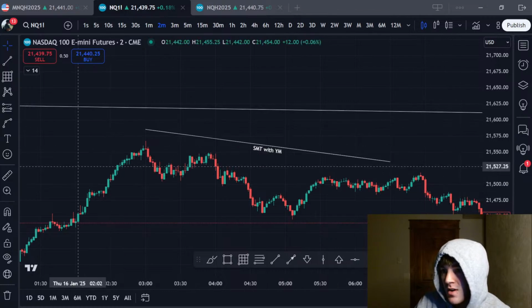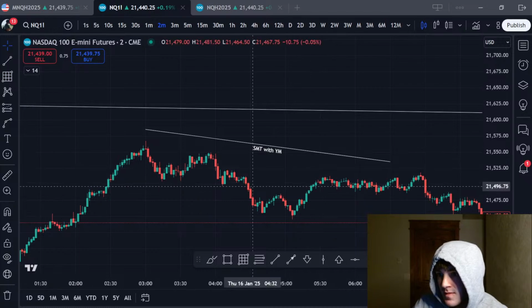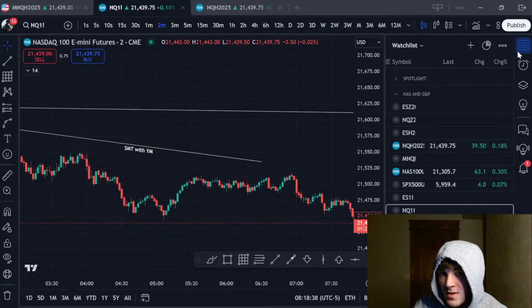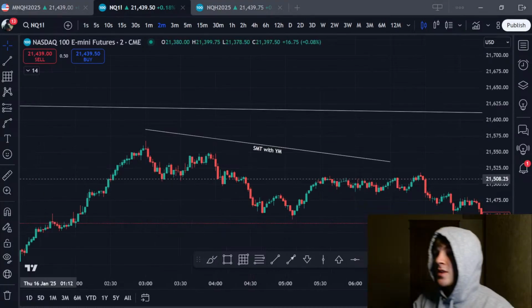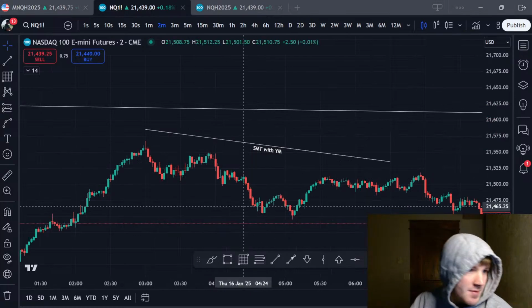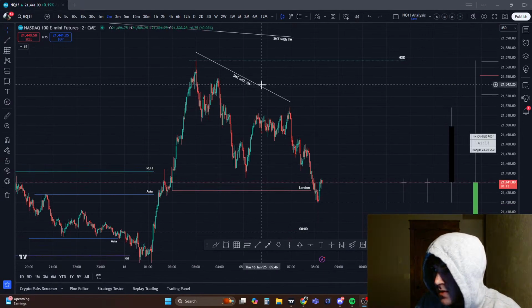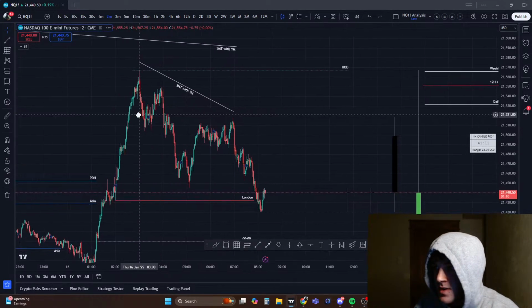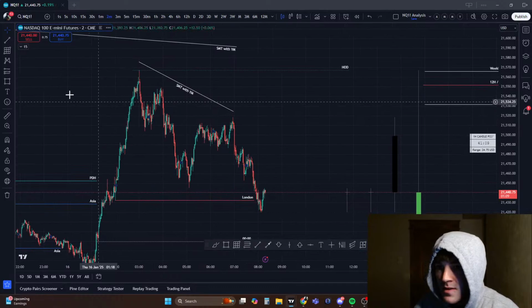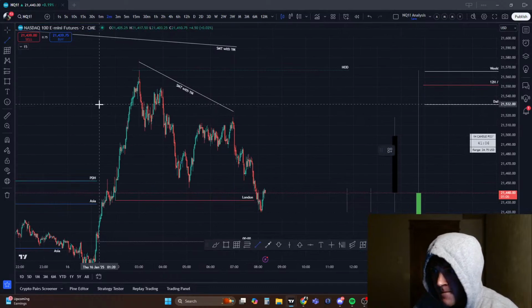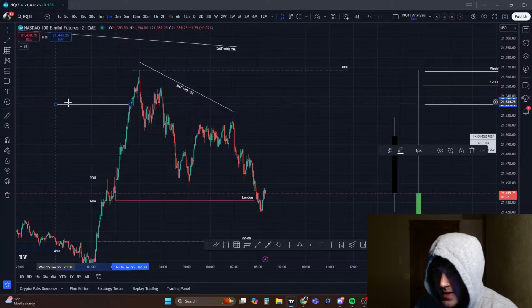But we did hit our objective for the week. That was this daily order block. So that's pretty significant. Oh, we should see if we took out any... Oh, you can't see my screen. Sorry, guys. So I'm gonna mark out that as well. This daily order block. I'm gonna mark it out like this.